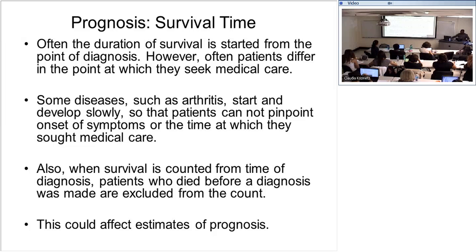And some diseases such as arthritis start and develop so slowly that it becomes difficult. When you ask the patient what time they saw the symptoms, it's quite difficult for them to know, and they may not give you accurate information. For instance, personally, when I stand, maybe I have some pains in my leg. I don't believe it's arthritis. It might be arthritis, but after several years, I don't think I'm going to count it as arthritis, maybe because I'm tired. So that's one issue with deciding which point you should start counting survival.